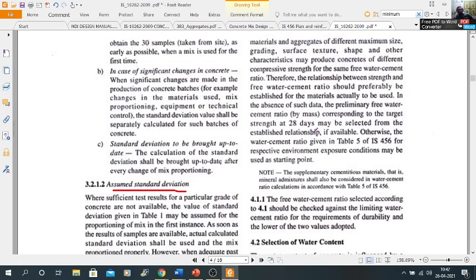If the water to cement ratio is large, then the strength will be less. So it is inversely proportional to the strength of your concrete. And Duff Abraham's law, which we have seen during the strength of concrete, says the water to cement ratio is inversely proportional to the strength of your concrete.